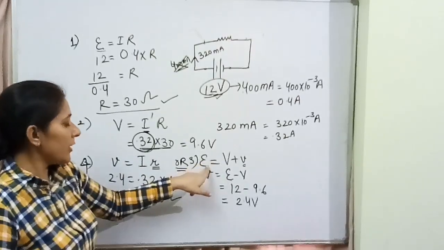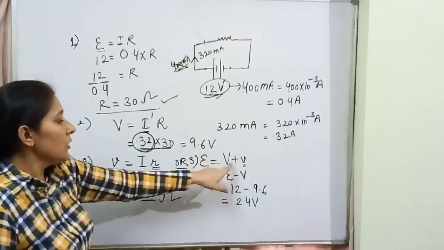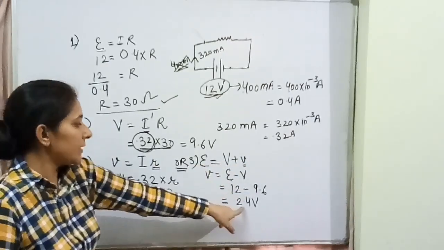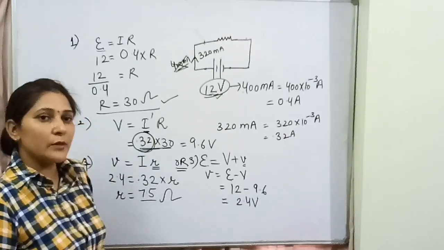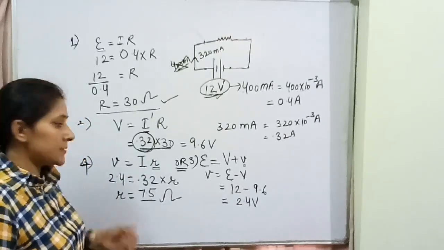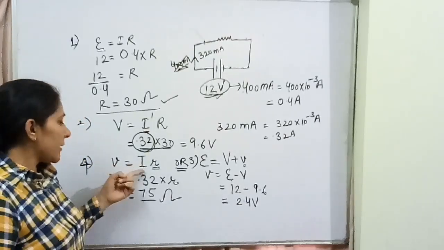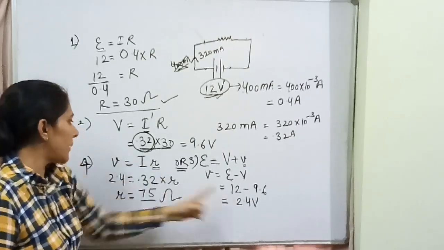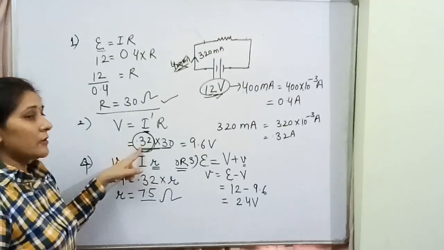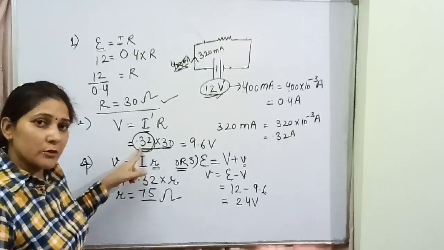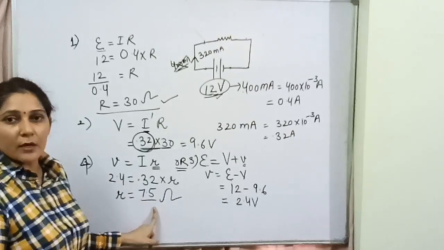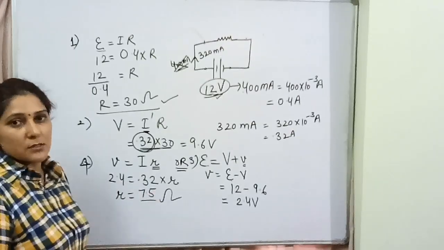And third one they are talking about to find out the voltage drop. As we are aware EMF is equal to terminal voltage plus voltage drop. Voltage drop can be calculated this way that is 2.4 volt. And the last one they are talking about internal resistance. Voltage drop is given by current into internal resistance. This value we are aware of from this third part. Current is given to us when appliance stops working that is 0.32 ampere. Both the values we are substituting here and we are getting the value of internal resistance.